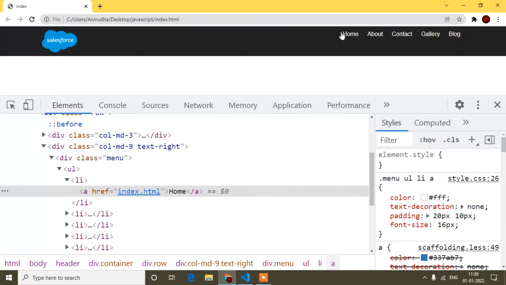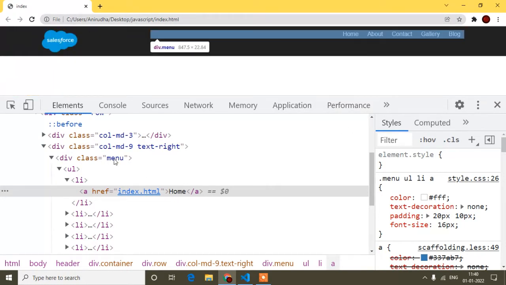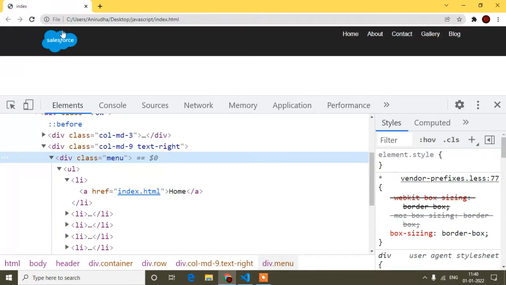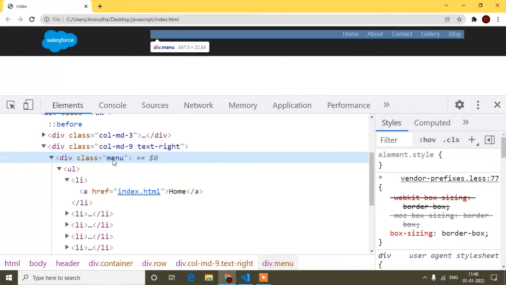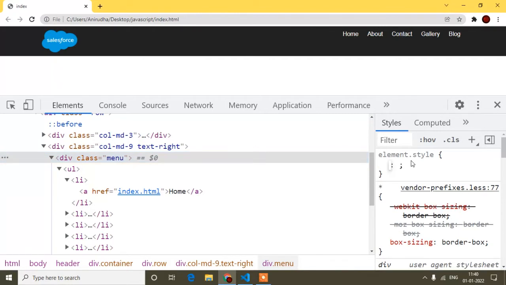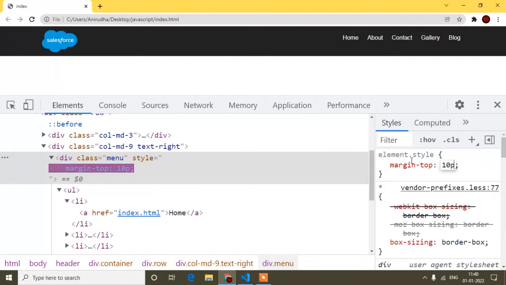And now this menu you can see here. Okay, you can use display flex for this, but I'm making this video for beginners actually, so here I'm not using display flex. Okay, so here I'm writing the CSS only. This menu I have to bring in the middle of this logo and this. So here for this menu I will write margin-top 10 pixel. So here I will adjust. So now I think this is in the middle.